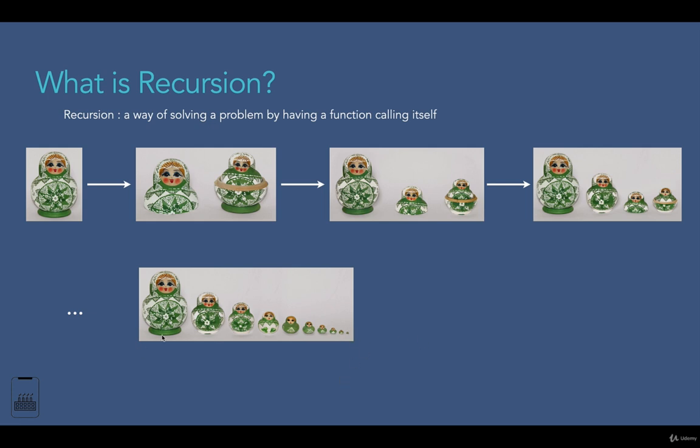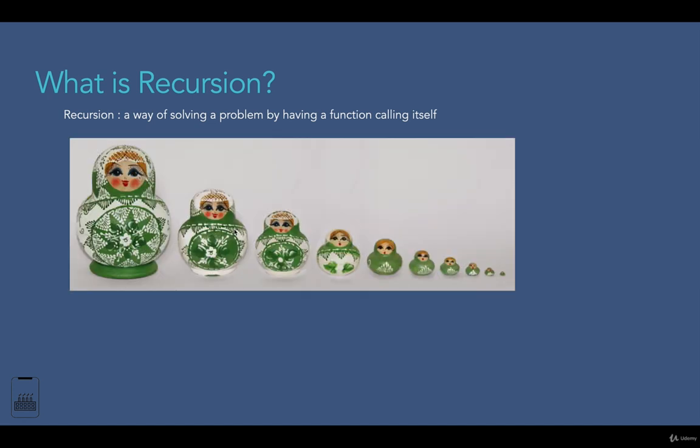So if you think of this big doll as a problem, you can see that the problem gets smaller and smaller, becoming a smaller instance of the same problem, until we solve it. This technique is called recursion. So let's see the properties of recursion based on this real-life example of Russian dolls, and check whether the properties conform with this example or not.